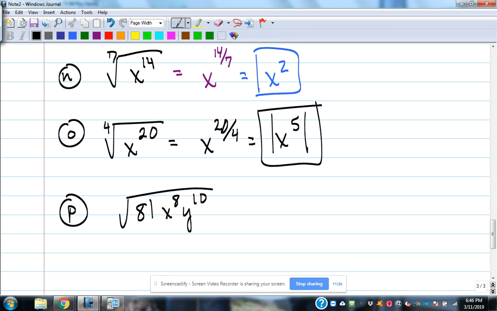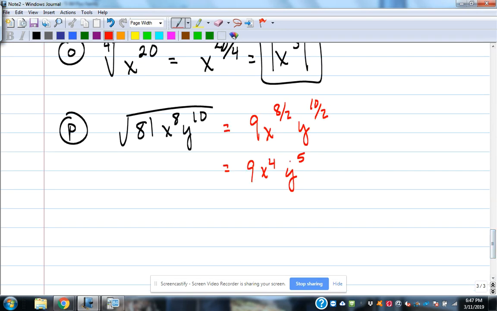Is this one. 81, x to the 8th, y to the 10th, under the square root. So what's our index? 2 is our index, which turns into a 1/2 power. So that's going to give us, what's the square root of 81? That's something we know. It's 9. So we don't even have to do any work to get that. And that's going to be x to the 8 over 2 and y to the 10 over 2. So it ends up being x to the 4th, y to the 5th,